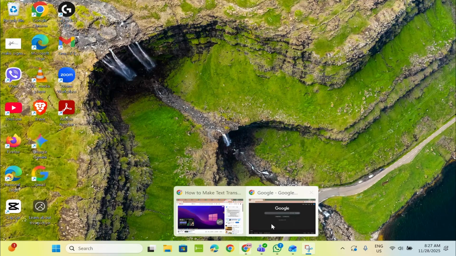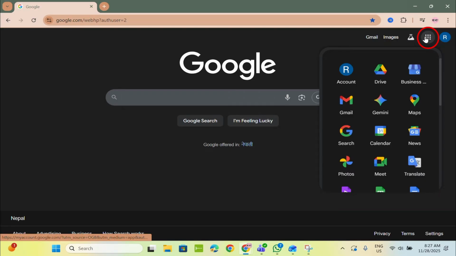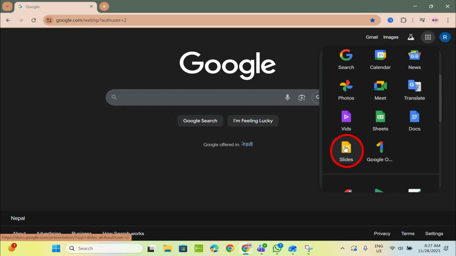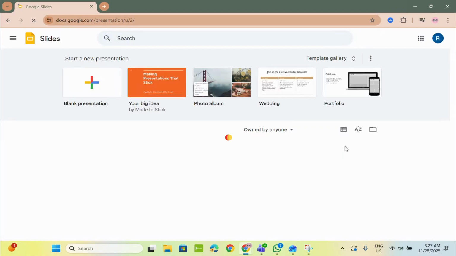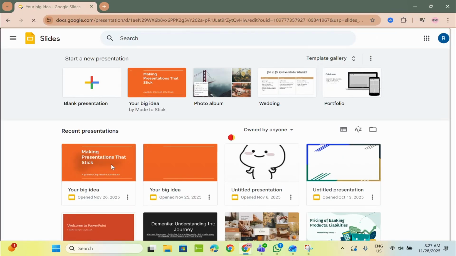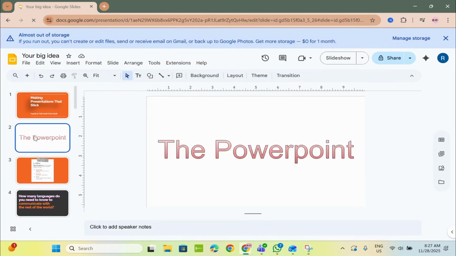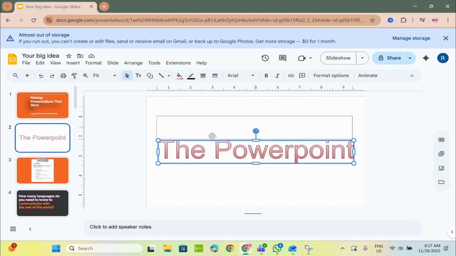Open up your Google Chrome and then head over to the 9 dots in the top right corner and then search for Slides. Tap on it, and then once your Google Slides open up, look for the slide that you want to work on, tap on it, and then now let me tell you that to make your text transparent,